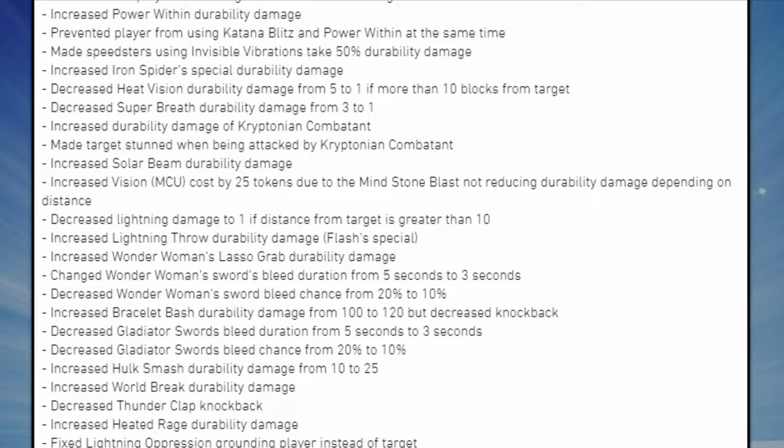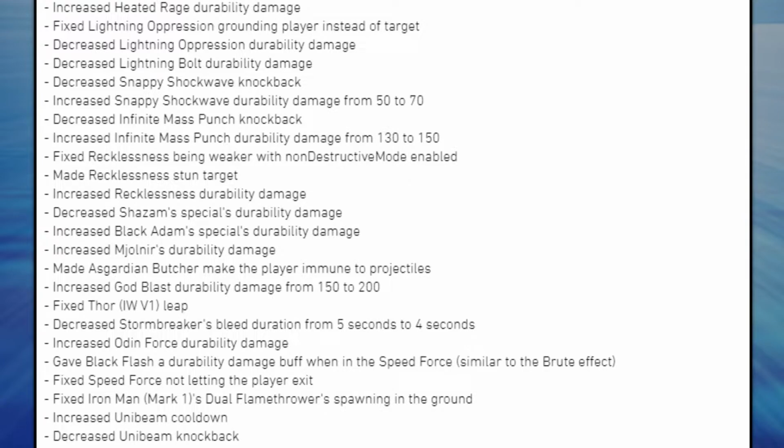from 10 to 25, increased World Break durability damage, decreased Thunderclap knockback, increased Heated Rage durability damage, fixed Lightning Oppression grounding the player instead of the target, decreased Lightning Oppression durability damage, decreased Lightning Bolt durability damage, decreased Snappy Shockwave knockback, increased Snappy Shockwave durability damage from 50 to 70, decreased Infinite Mass Punch knockback, increased Infinite Mass Punch durability damage from